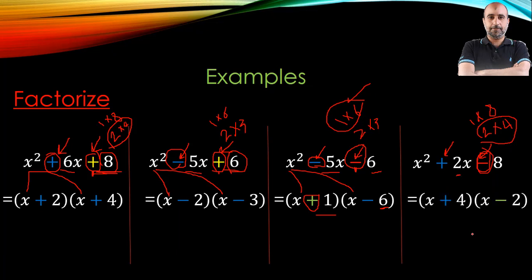Then the form will be, x will factorize into x and x, and 8 becomes 2 and 4. The greater of them, which is 4, will take the sign of the middle term, which is plus. And that's how we can factorize a quadratic trinomial expression in the form of x power 2 plus